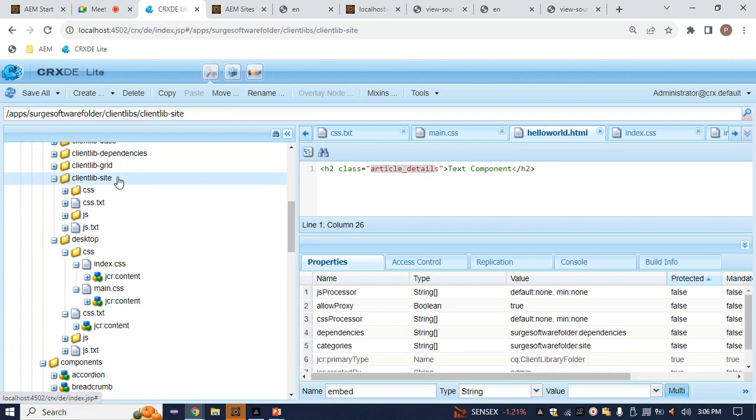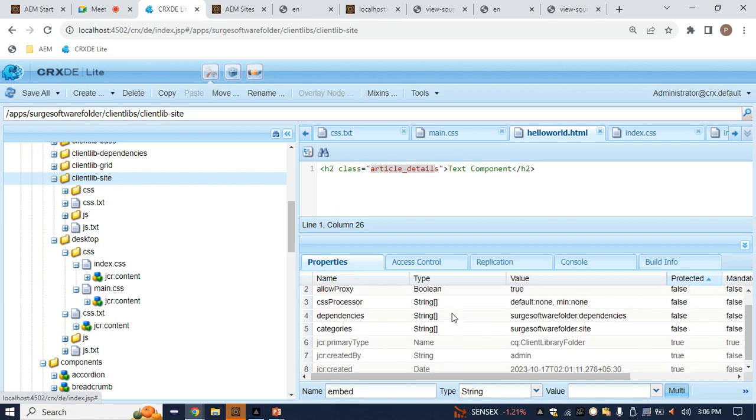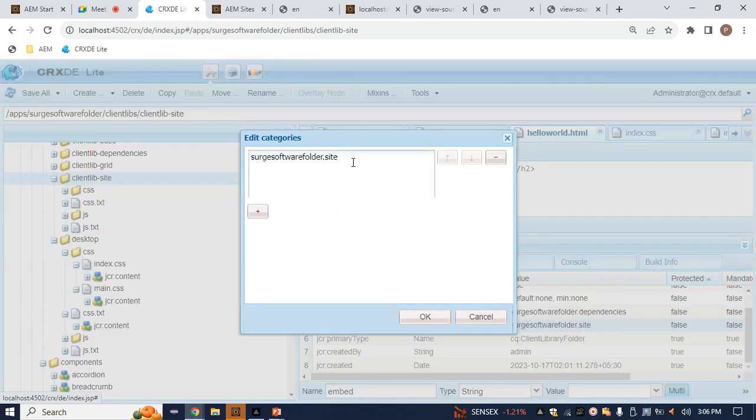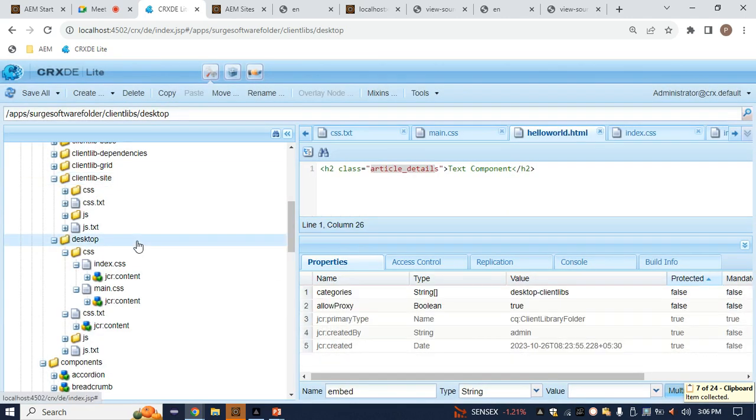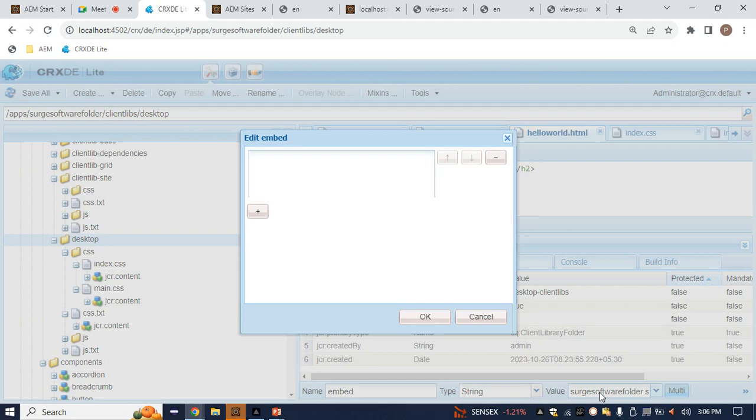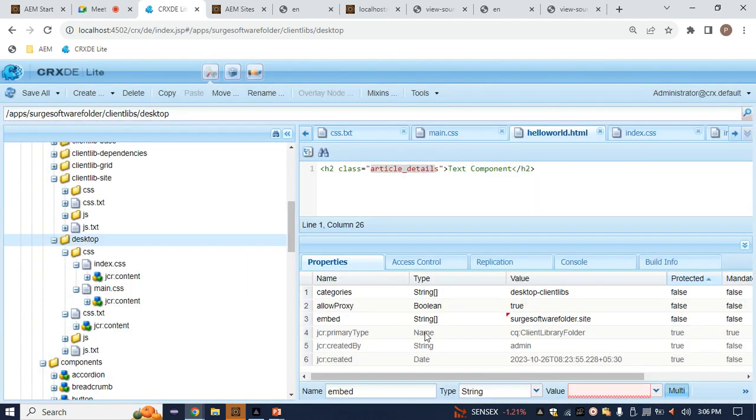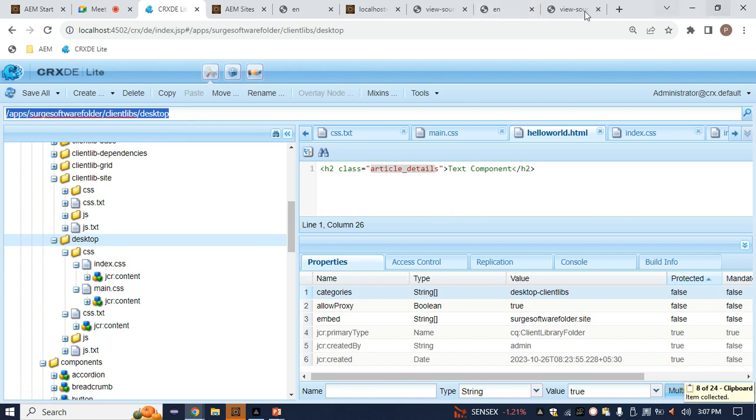So this is the thing you want, but what is the name of that? Here we have a name. You can simply press Ctrl+A and copy, come here, and here we have to define it, hit enter. Okay, so this is the thing, I have defined it. Now first clear this. Okay, save the changes. Now you can come here, copy your apps path, open this one,